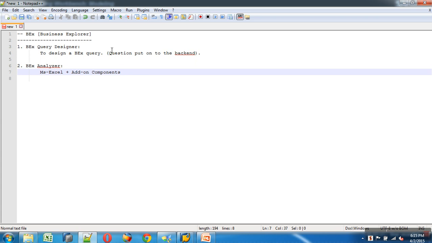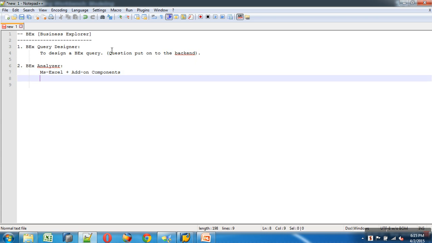That is your BEX Analyzer. Now, what is the purpose of BEX Analyzer? Let's say you design the query already in the query designer. You take the query output and embed that into Excel in the analyzer and format it as per the user requirements. I can say formatted report.